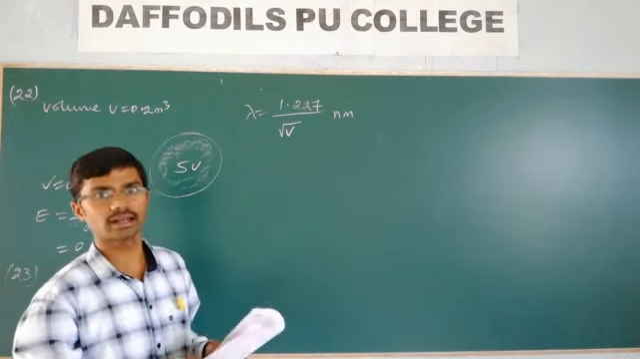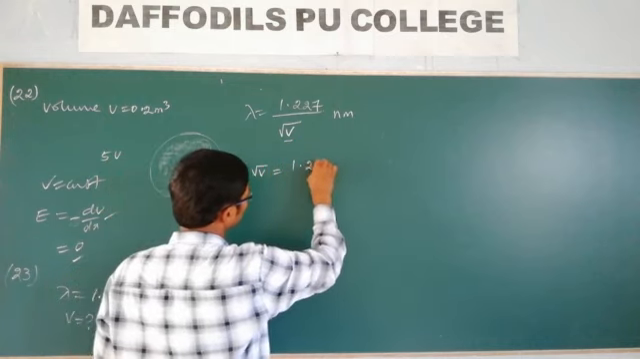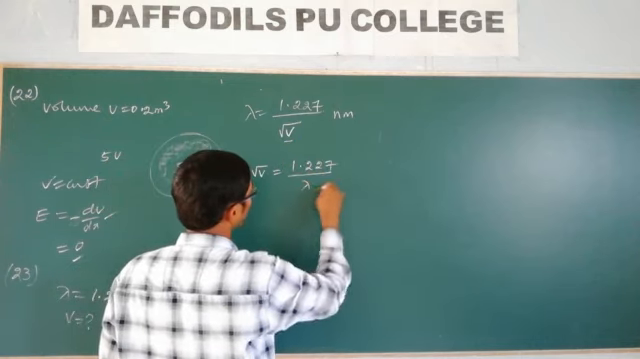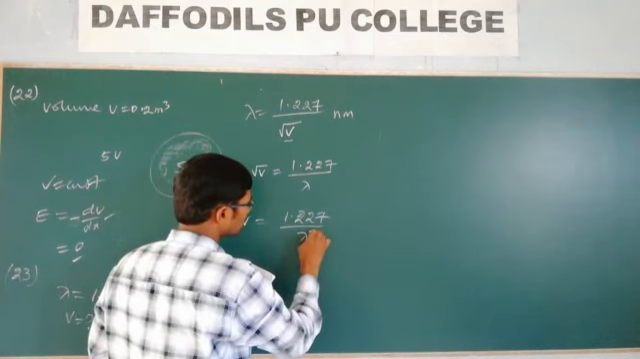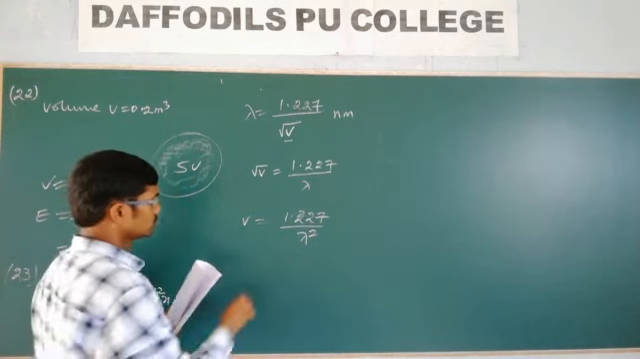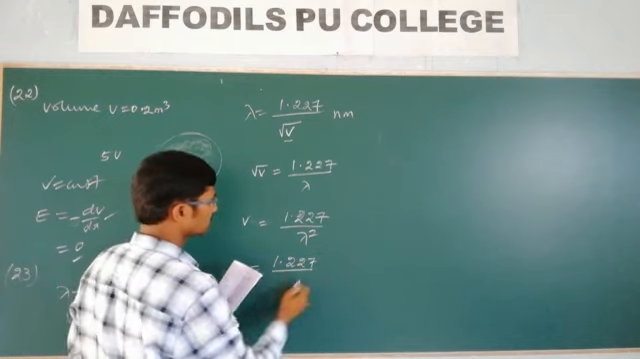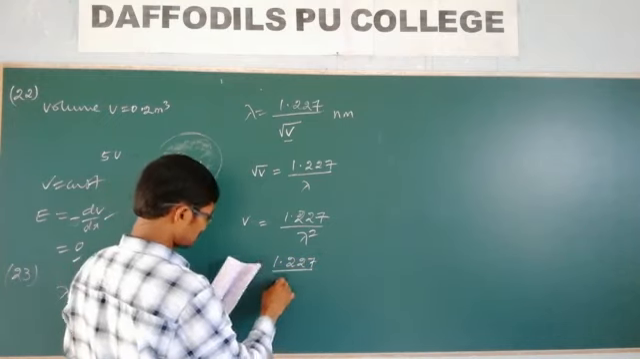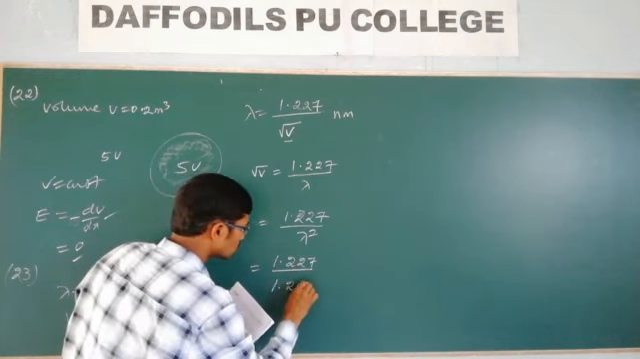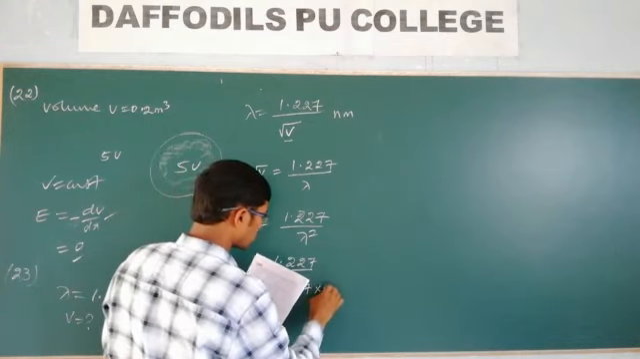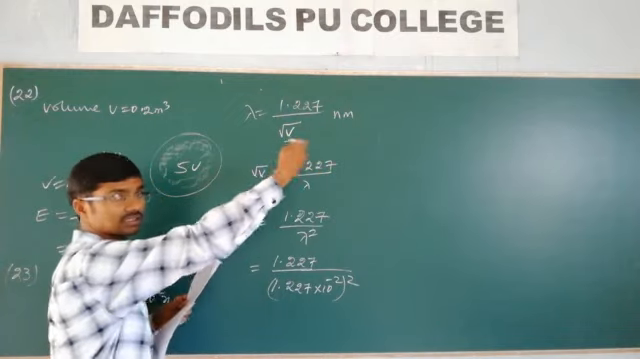The de Broglie wavelength in terms of the potential difference: lambda is equal to 1.227 by root V nanometer. Direct formula, lambda is equal to h by root 2 meV, from that also you can calculate. Now you need to find the V value. Then root V is equal to 1.227 by lambda, but we take the value V is equal to 1.227 by lambda, whole square. Lambda value is nothing but what we know,